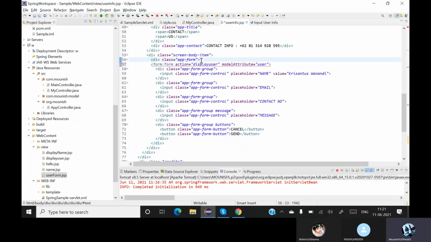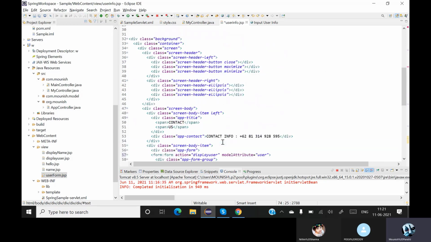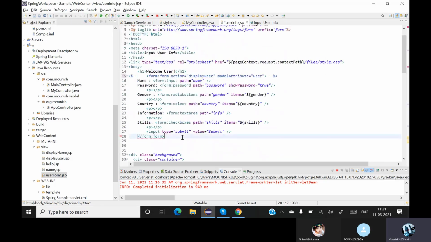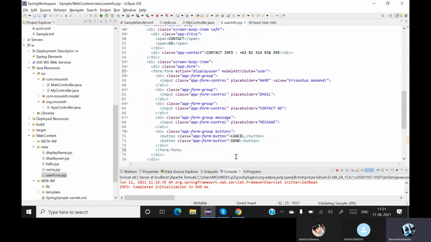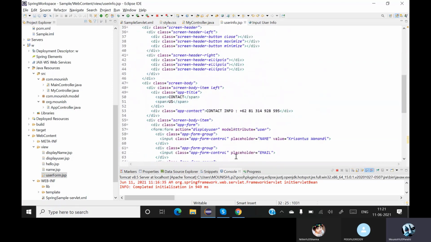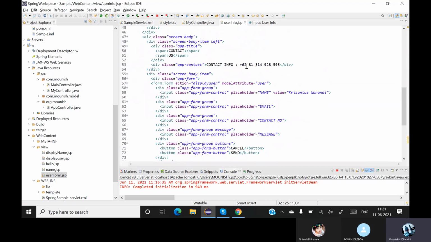App.form, 74. So let me end this over here, and then let me comment this out. This will be your form tag right now. Whatever their form tag is, I'm changing this, and this contact info also I'm changing it to my necessary things.